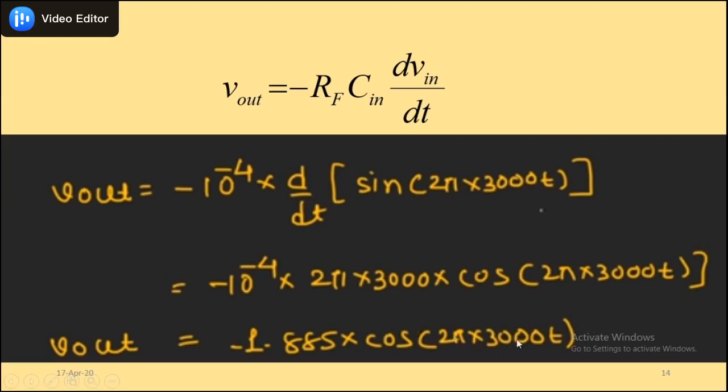The shape and frequency of the output signal have not changed, but the output is inverted. From this you can conclude that if you make changes to either Rf, Cin, or the input frequency Fs, then your output will change. If you are not touching these values, there will be no change on the output side, and the shape of your output will be the same as your input.